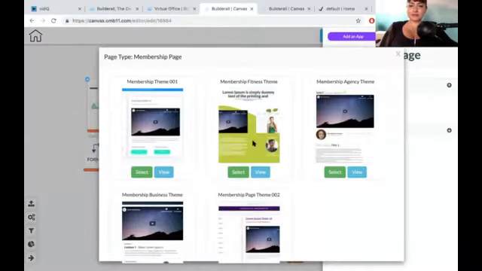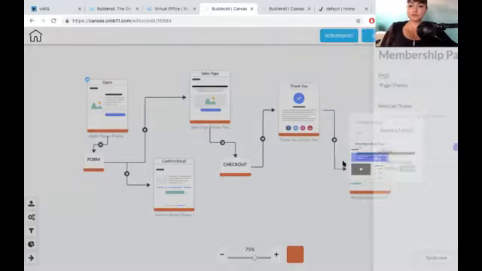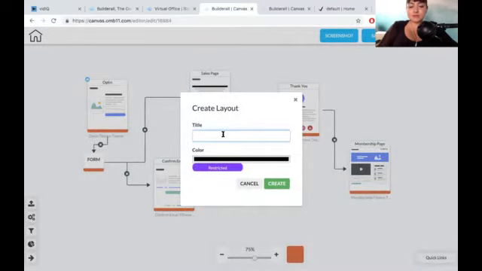We're going to change the theme, but to make this membership page, we need also to make a new layout. So all these systems we already made, so we're going to have one layout for that, and also just the people who pay in this first checkout are going to have access to our membership page. So we need to just make a new layout. And here, so easy is that. So we can say here membership,